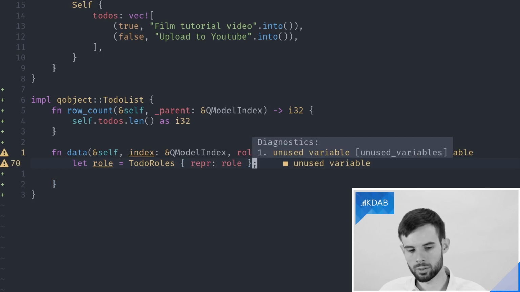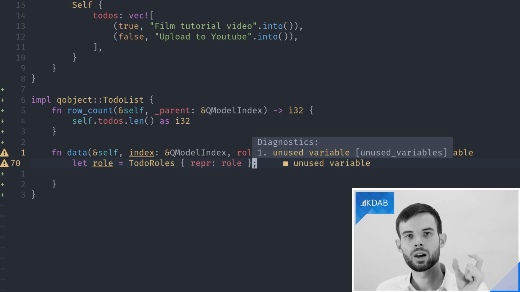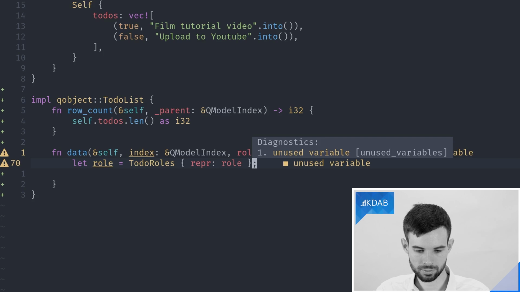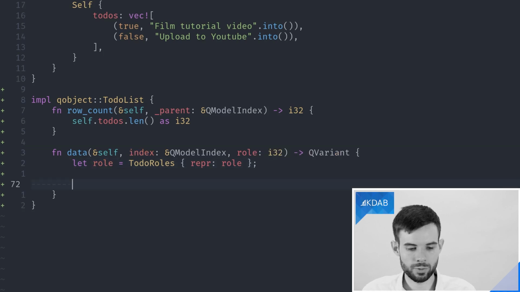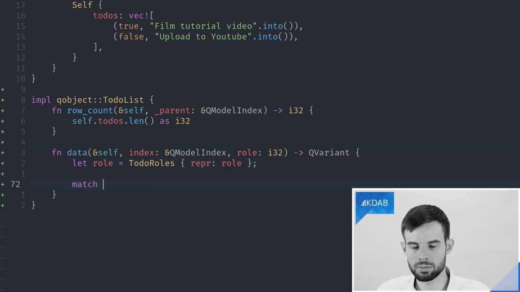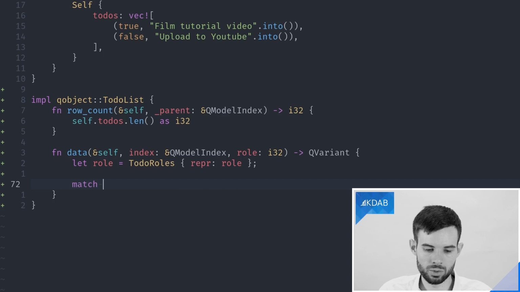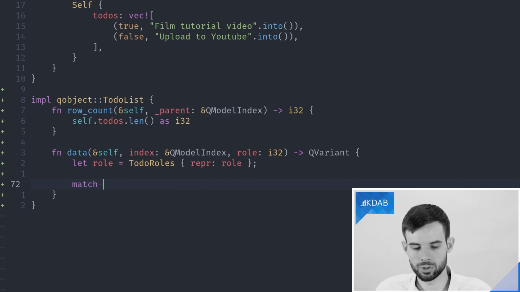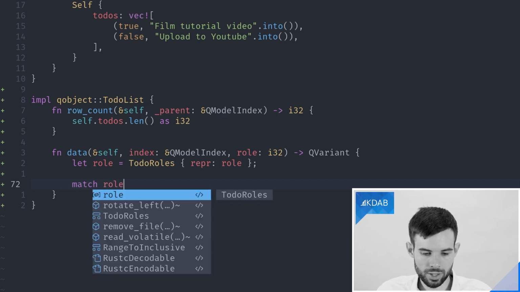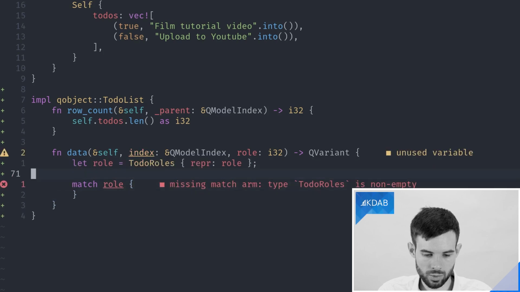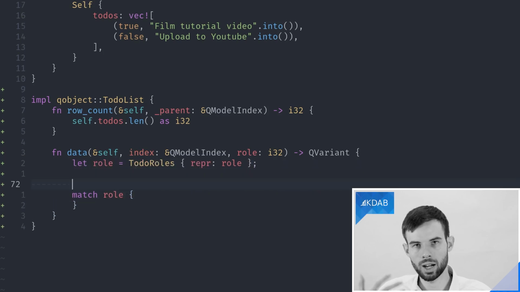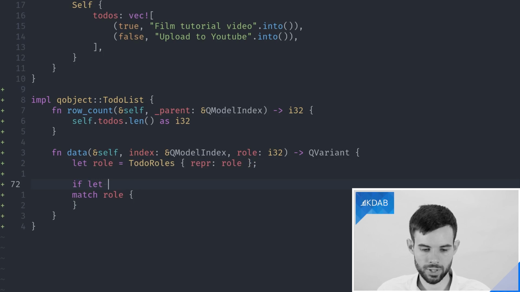So this again kind of shows how these enums are really structured and how they work in CXX. They're really just a small wrapper type around an internal integer. However, this wrapper type now makes it far easier and more semantically accurate to actually decide what to do. So we can match on this role, but only after we've actually accessed our internal data structure.